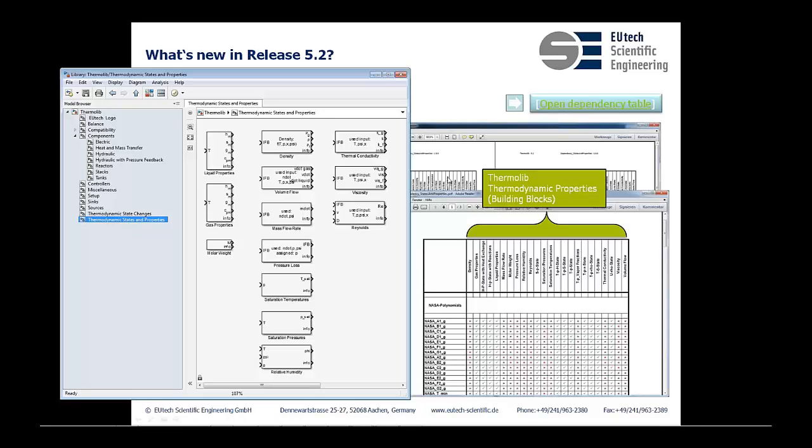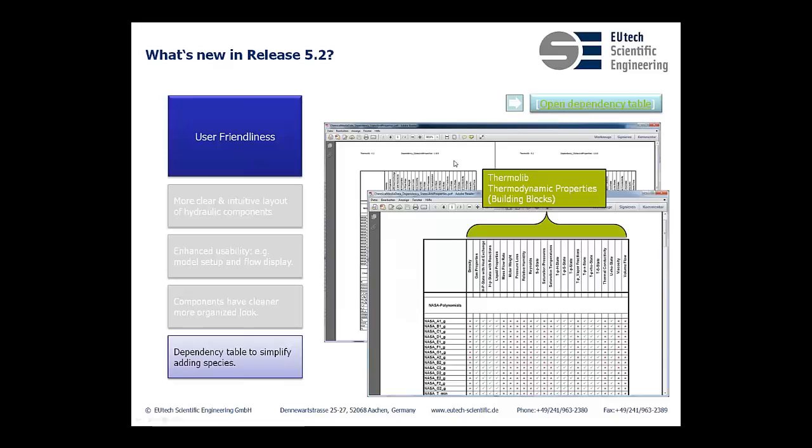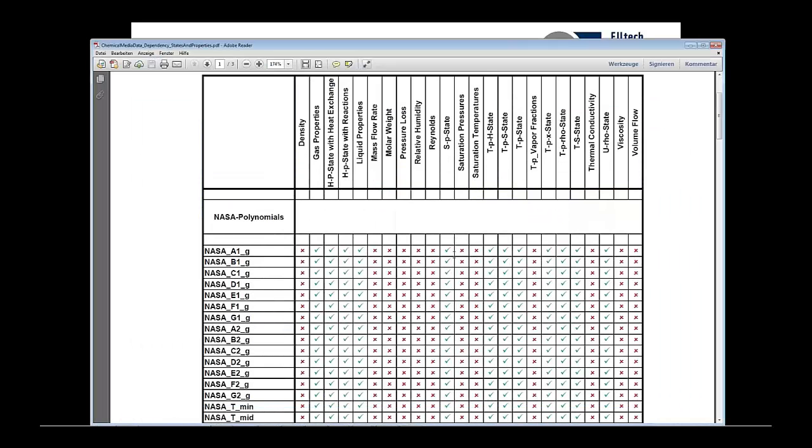And on the other side of the data dependency table, you have the species properties. Here basically are the entries that represent the blue column that we just saw on the chemical media database. I'll open the table for a clearer look. So here we can see it up close. What this table basically tells us, if I need to add a new species, and I know that I only need to use the density block and let's say the molar weight blocks,